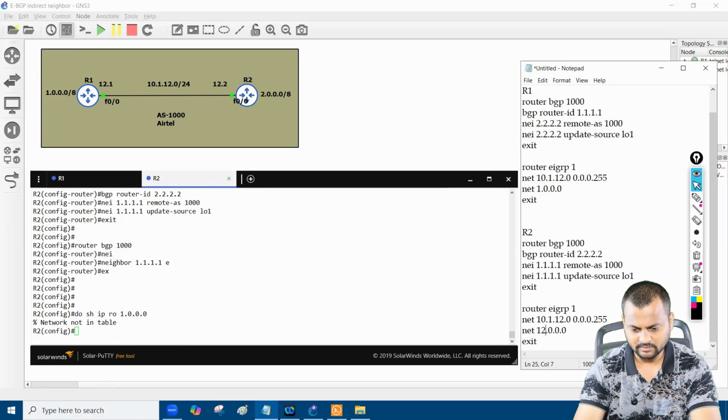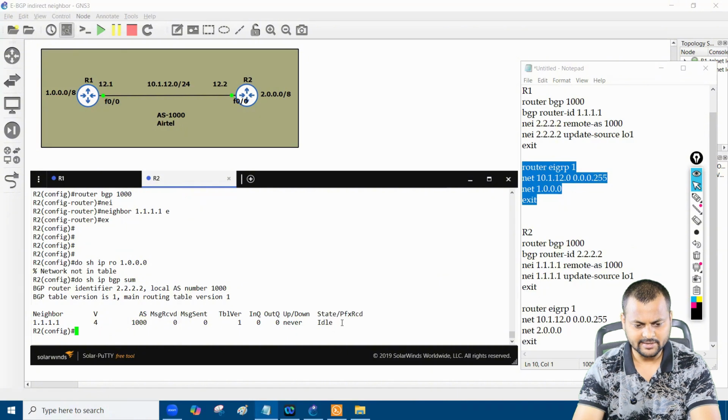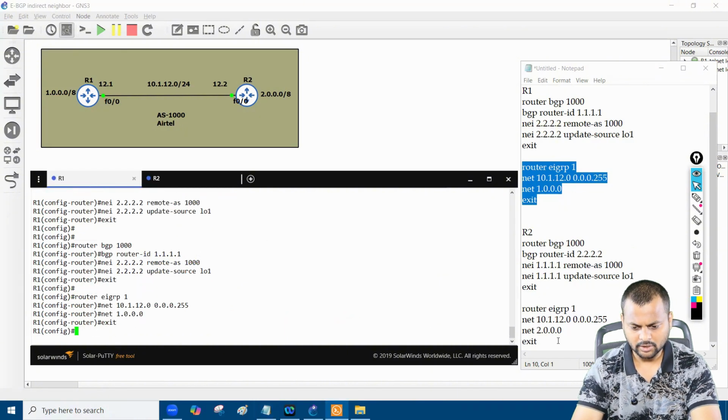And network 2.0.0.0 as well. Now let's copy this. My BGP is not up right now. I'll put this command on router number 1 and on router number 2 as well.